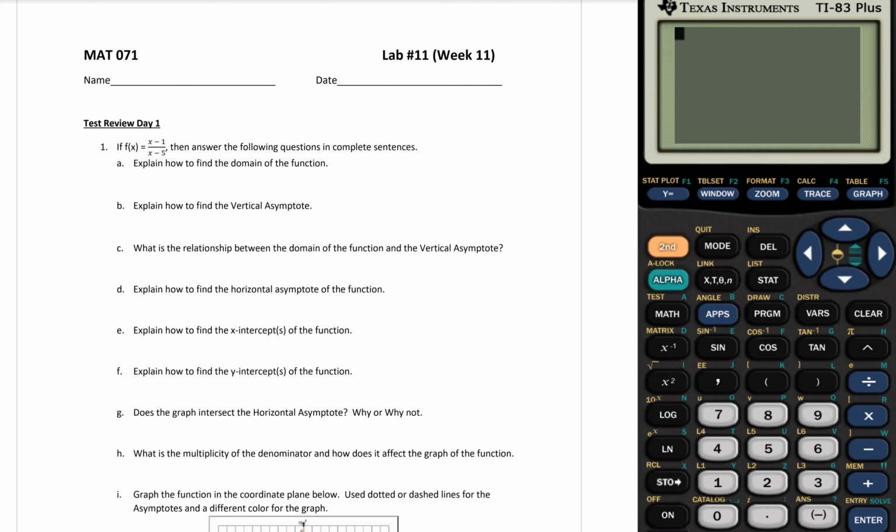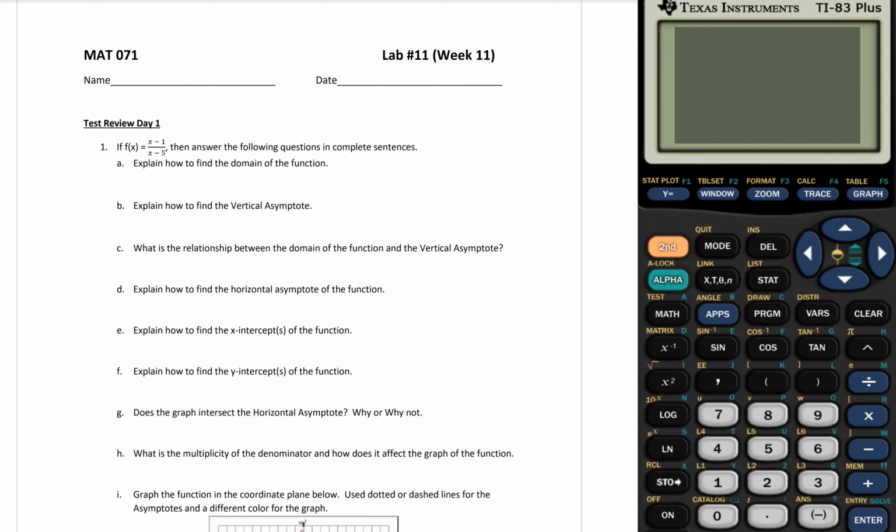All right, class, welcome to Lab 11 for week 11. We're going to be going over your test review, and then we are also going to move on and talk about exponentials. All right, so for test review, the first equation that we're going to be looking at is x